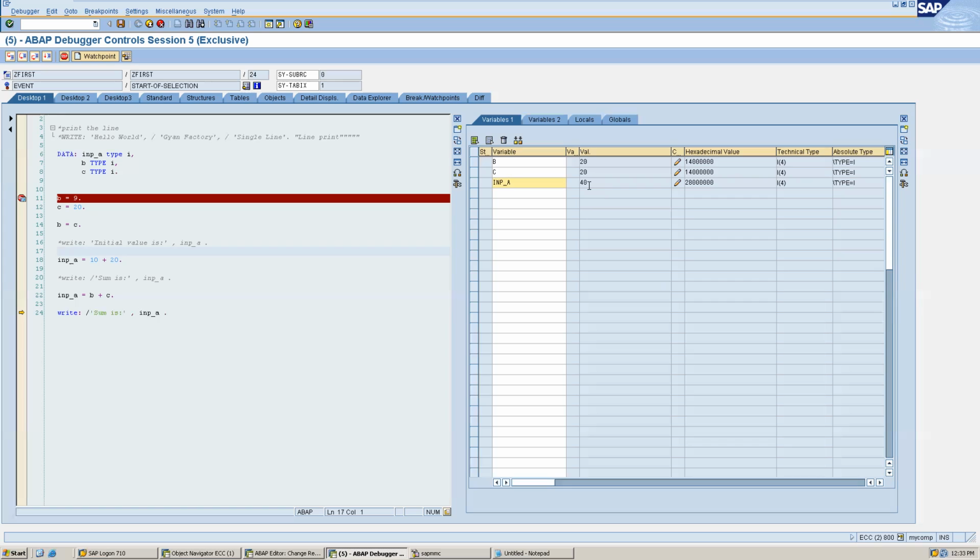So this is how we can understand debugging, how we check how the program reacts as we go through it line by line. Some of you had doubts, someone said 18, someone said 9. Now you can clearly understand why it is 40, because we debugged line by line and understood that this is the place where the B value is changing, and that's why it is 40, not 9 or 18.